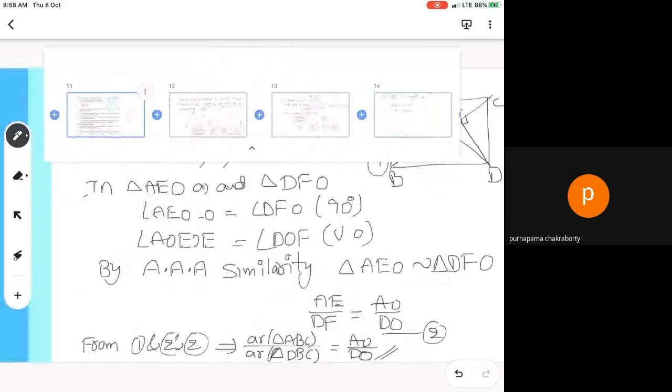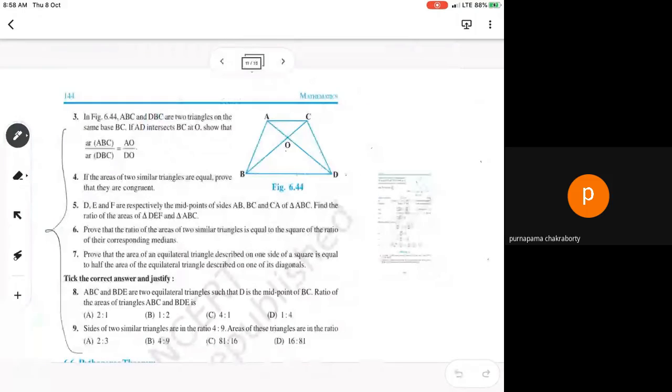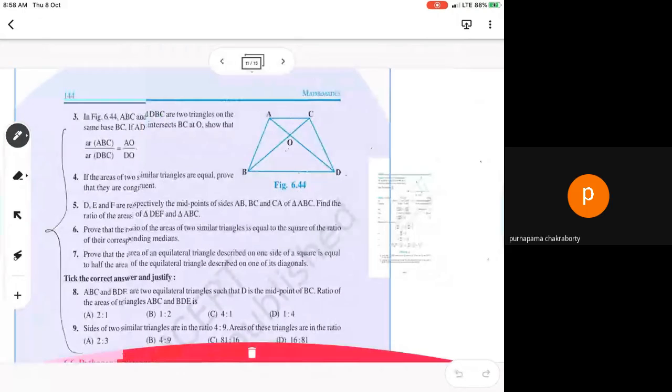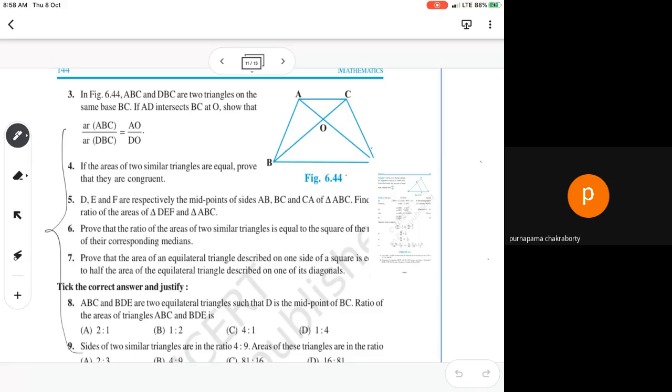The fourth problem. See the question here. What is the question given? If the areas of two similar triangles are equal, prove that they are congruent. Congruent is nothing but,